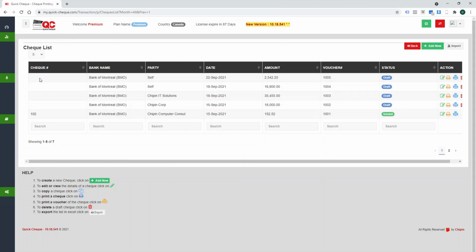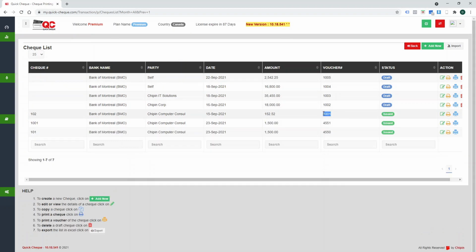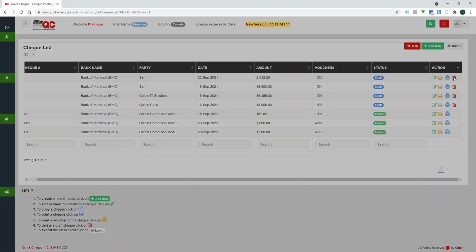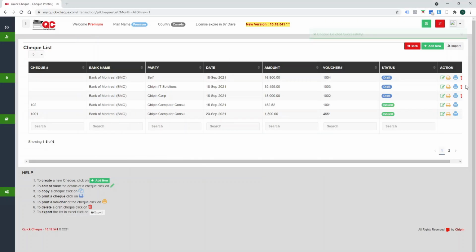Now I have 3 checks which have been issued, if you see here, and the remaining 4 are in draft. So I can directly click this print button to issue the check. I can delete this check if there is a mistake, so I can click on this delete button and delete the check. I can edit the check.